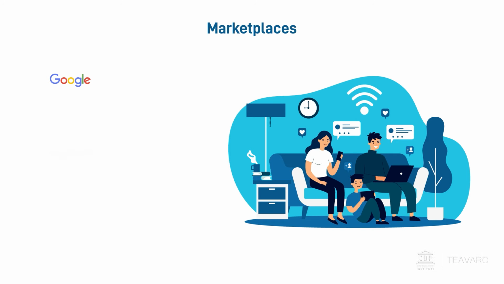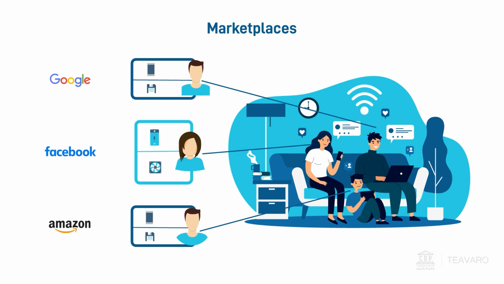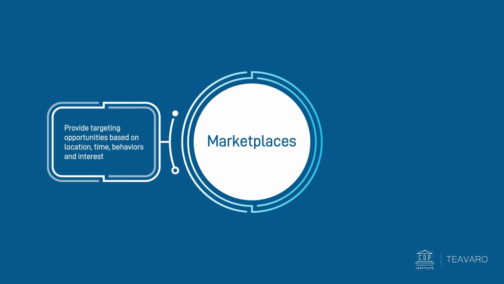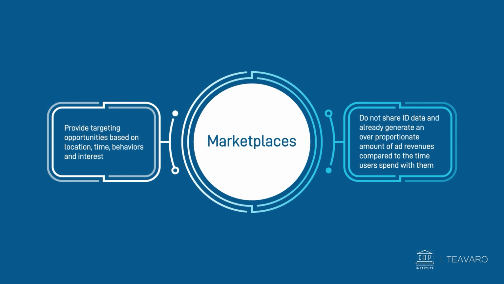Marketplaces like Google, Facebook, and Amazon offer personalized targeting based on their own proprietary identity graphs, as they can track consumers across devices when they are logged in. They provide a precise set of targeting opportunities based on location, time, behaviors, and interest. However, they do not share identification data and already generate an overproportionate amount of ad revenues compared to the time